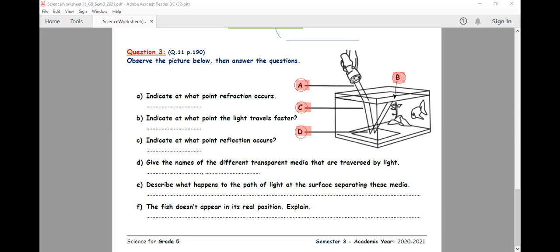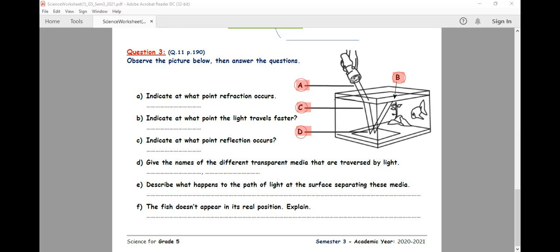Part E. I'm sorry I'm not writing, but there is a problem with the mouse, so I cannot move it. Anyway, E. What happens to the path of light at the surface separating these media? I mean, at point B, what happens to the light? What does the light do? It bends. Excellent job. So, light